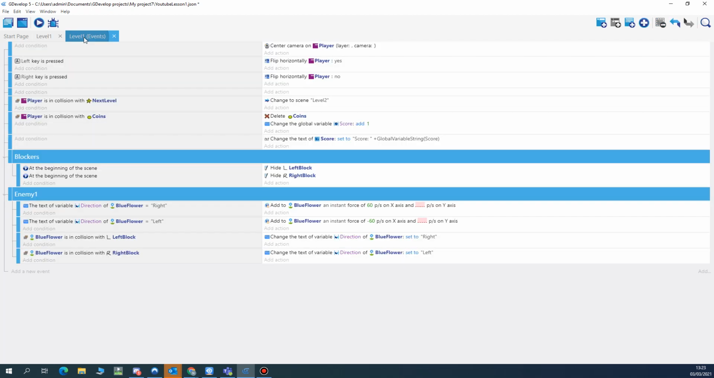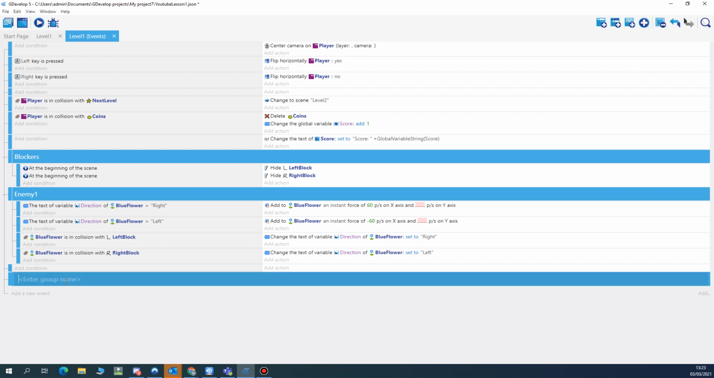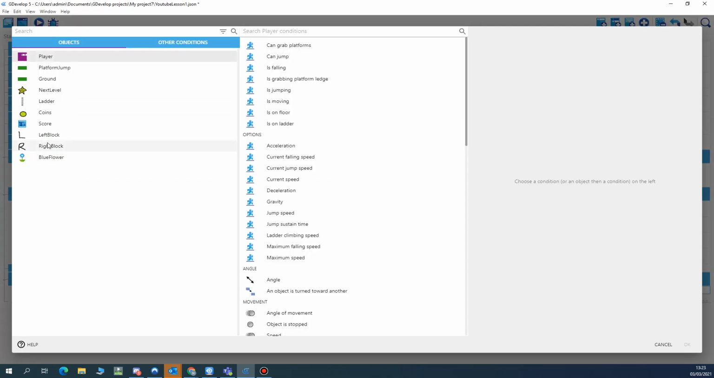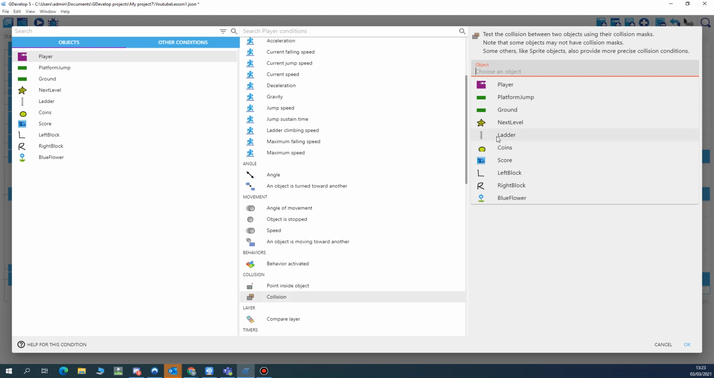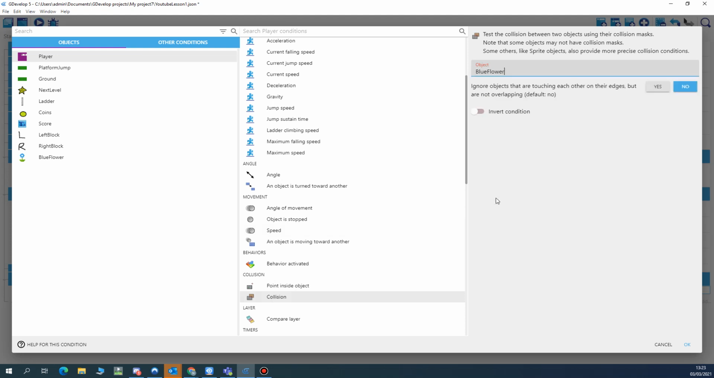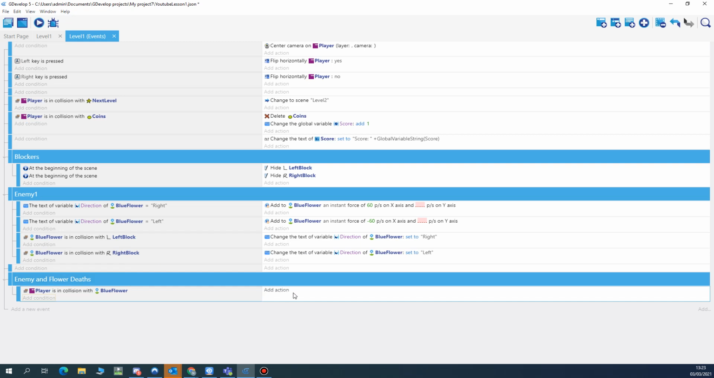Okay, so we go to new events, add a new event, and I'm going to make a new group. I'm going to call this group enemy and flower deaths, and then I'm going to add a new condition. So the new condition is going to be when the player is in collision with the flower. Click OK, and the action will be